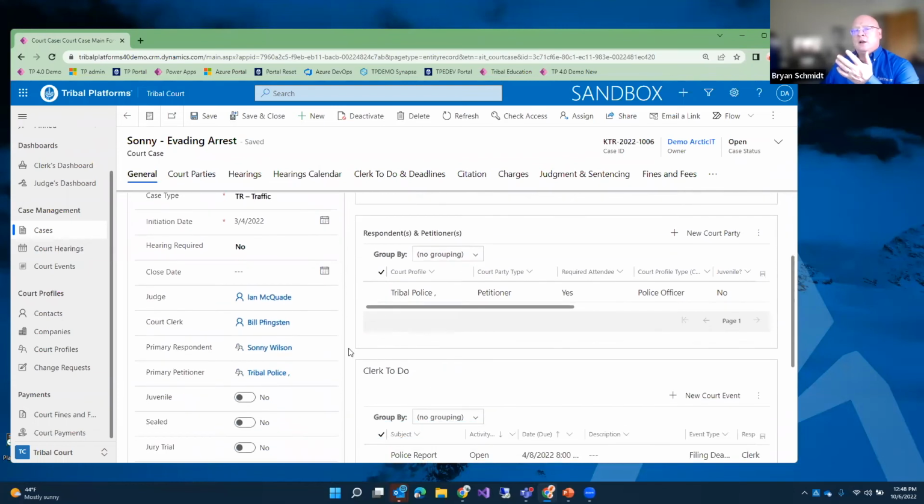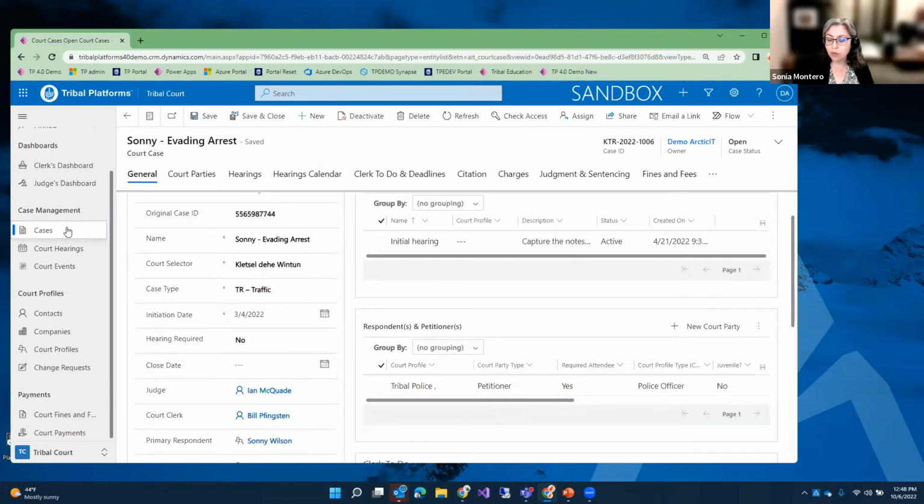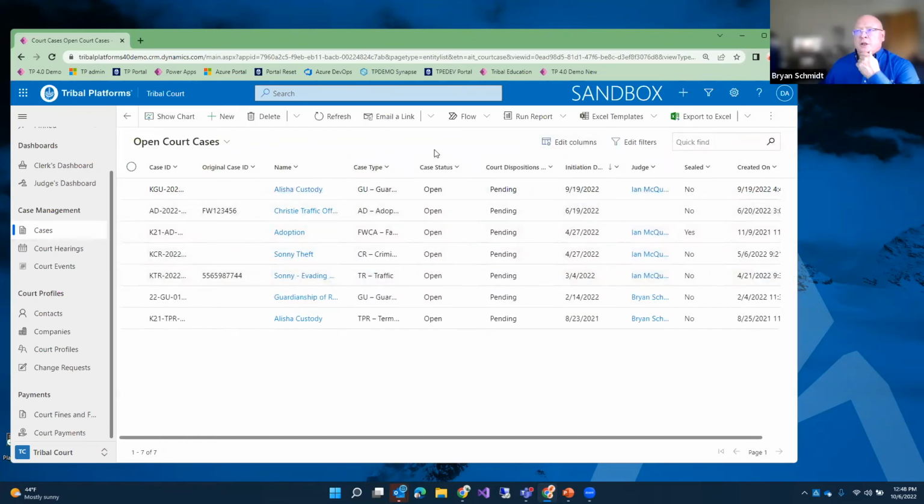Typically, I think, Sonia, how do you handle that today with your team? We run reports. You're able to filter by certain dates, before or after a certain date. So you run a query to say, I only want to see the cases that are older than such and such date. Yes. So there can be tasks, appointments or reminders that can be automatically created, or you can create them on these cases to keep those cases moving forward.